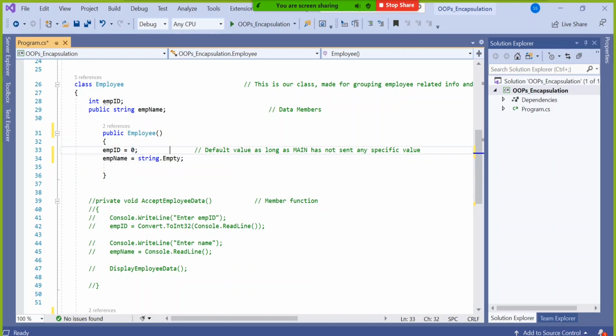Or they may say as long as the user is not entering employee ID and name, don't consider anything on your own, take 0 and blank. Sometimes it may be null also. So it depends. Suppose we decided that as long as the user is not entering, employee ID is 100 and employee name is, suppose, Amit. That is also possible. So this is called a default constructor.